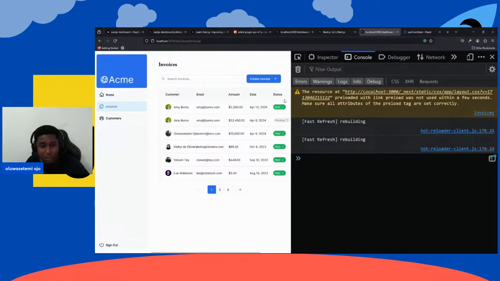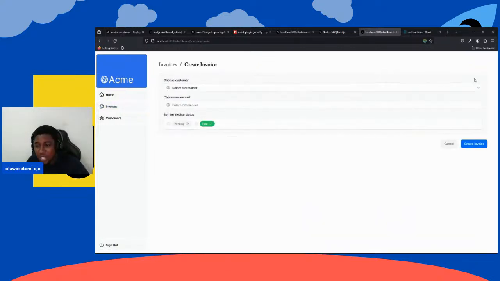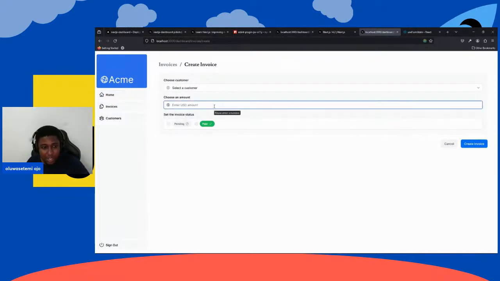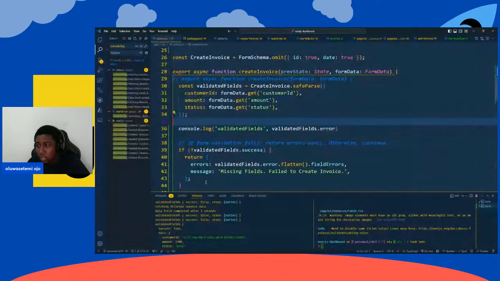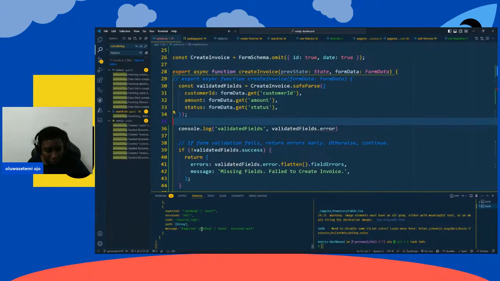So if we try to fill the form again, yeah, I've forgotten that it is a server component. So if we do this, client side validation picks it, and then we have create invoice and server validation picks now. So the server validation picks when, so it is expecting pending or paid, received null. So if we want it to display that error message as well inside of this,